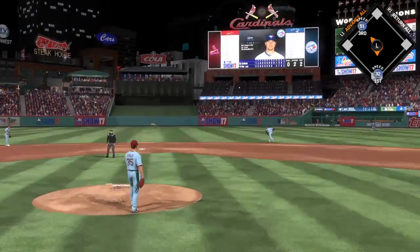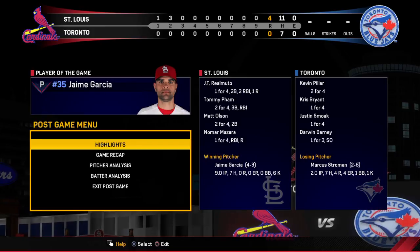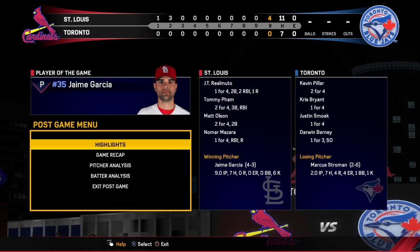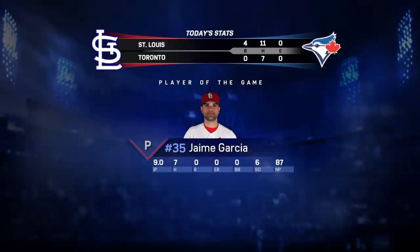This is flared out towards second, and he'll put this one away, and with that, the ball game is over. Well, we've talked about his dominance all throughout the game, and he ended up finishing what he started. A complete game shutout. He's our top player of the game. Hey, when you basically take a game into your own hands and